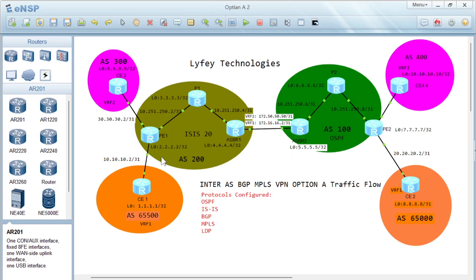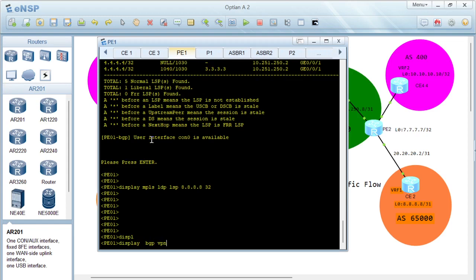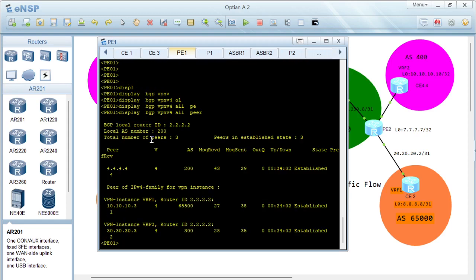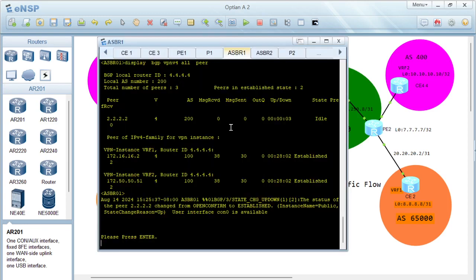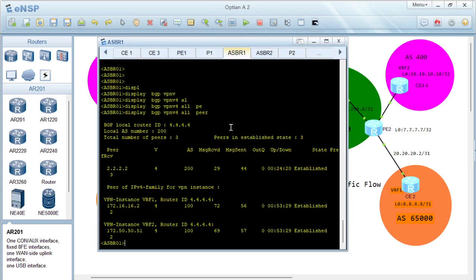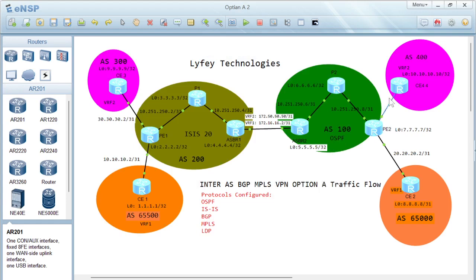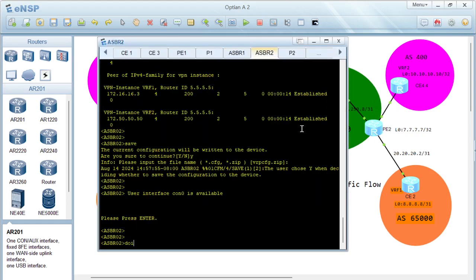So we can just start by verifying that our protocols are running okay. On this router, I can display bgp vpnv4 all peer. So we have 3 peering sessions. We have one to the ASBR, and we also have peering to C3 and C1. I can also display the peering sessions on ASBR1, display bgp vpnv4 all peer. So we have 3 peering sessions, to the PE and then to the ASBR. So we have a peering session established for every VRF towards the peer ASBR. On ASBR2, we also expect the same, display